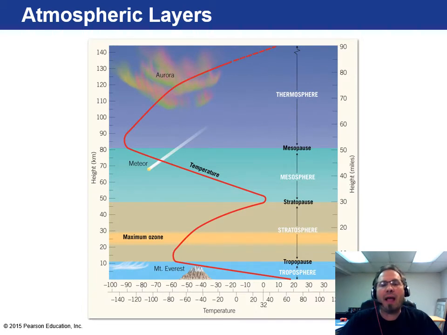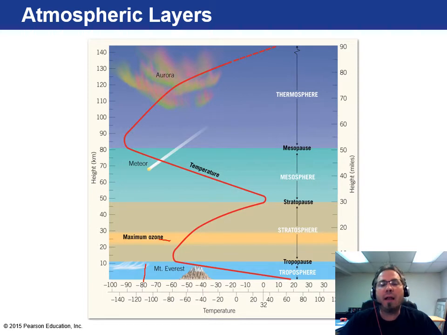So here we have the atmospheric layers, and again, we're down here in the troposphere, and that's where most of us hang out, right? You can see Mount Everest there. That's 29,000 feet tall, right? Most jet airliners fly at around 30 to 35, so they're actually in the lower area of the stratosphere. Then you've got the ozone layer in here.